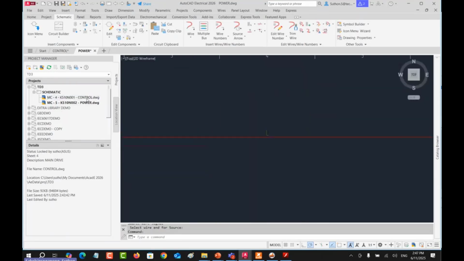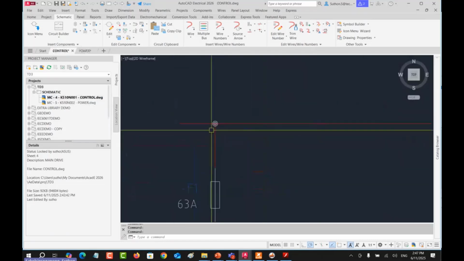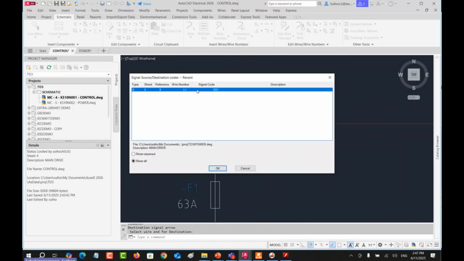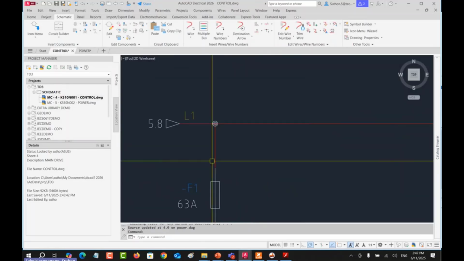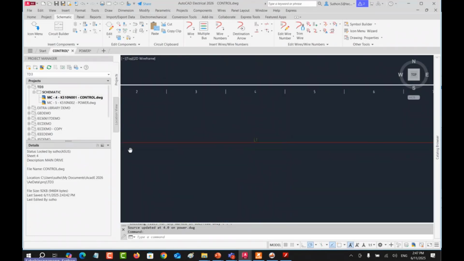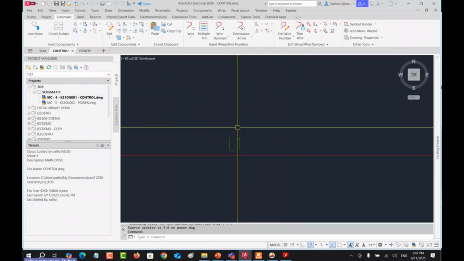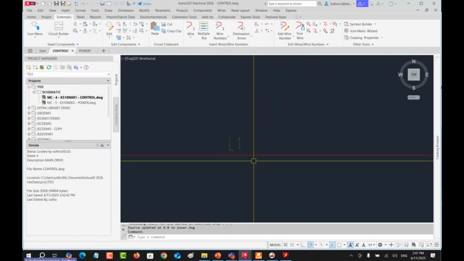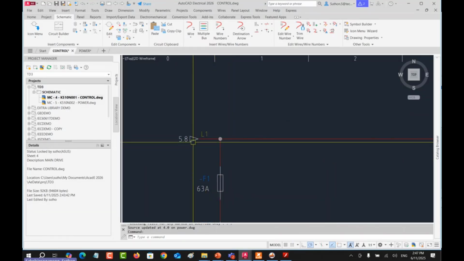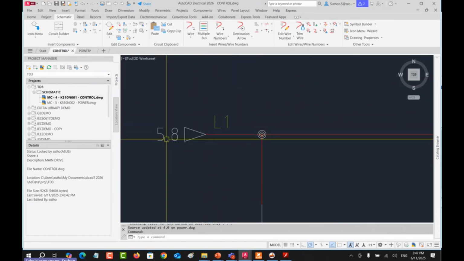And then okay. I don't want to put the destination arrow in this drawing. So I go back to here, and I want to put the destination arrow in this drawing instead. And then I use the recent SS1. Okay, here we go. You can see the L1 had been assigned to this line and the wire number automatically changed to L1 as I want, right? And what does it mean 5.8?